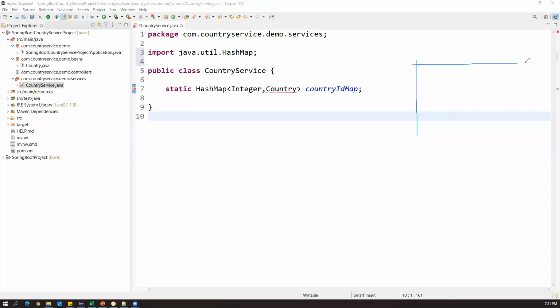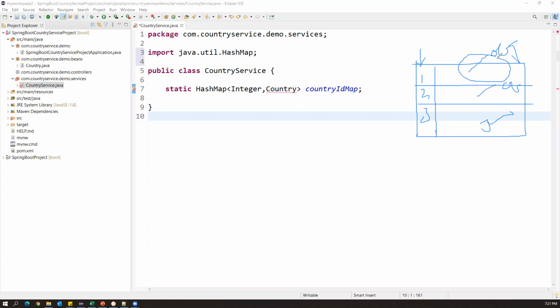Let us say this is my Java hash map. This is key 1, 2, 3, and so on. For every key, there is multiple data. So here one object, here another object, here another object. One is a key and the whole object is one value. But what does this object contain? A country ID, country name, and a capital. Again, country ID, country name, and capital. Even the third record has country ID, country name, and a capital. So all three details we will maintain as a single object.